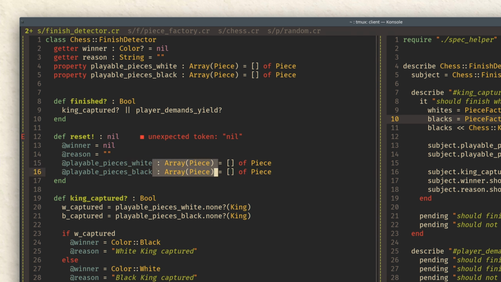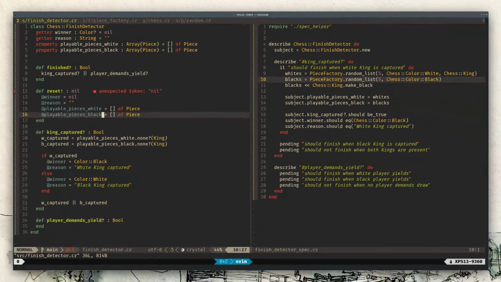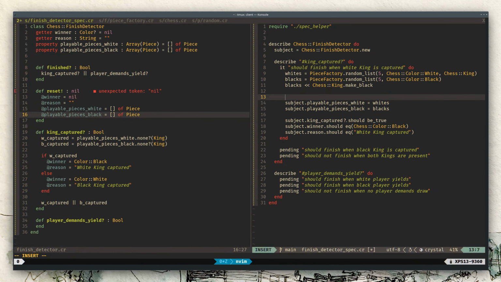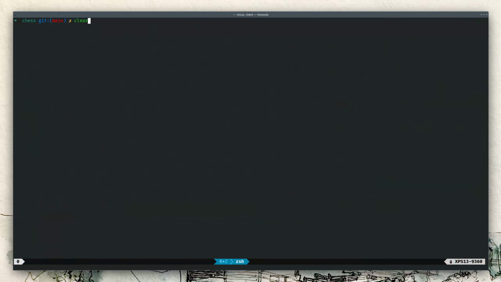Let me remove this. Okay, before running the test, we are going to put here the subject reset, and if we run the tests,